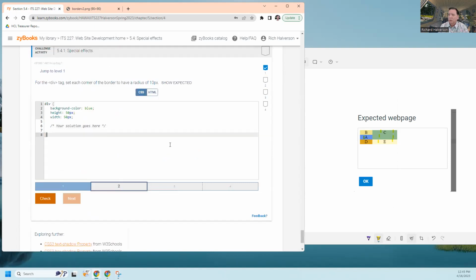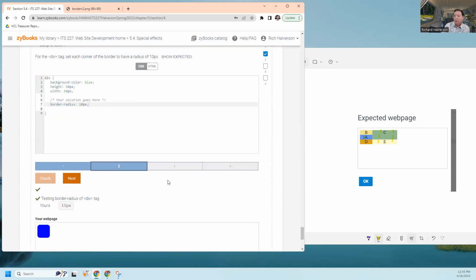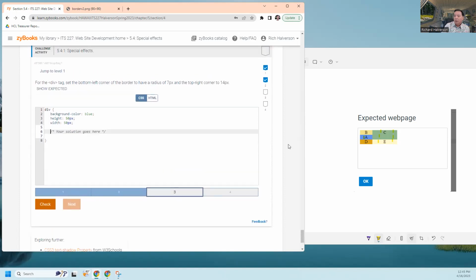Oops. Anyway, I didn't mean to. Okay, border radius. Colon. I think I can just do 10 pixels and that'll do all 4 of them all the way around. Yeah, very good. Okay, what's next? For the div tag, set the bottom left corner of the border to have a radius of 7 and the top right corner of the border is okay. So can I do